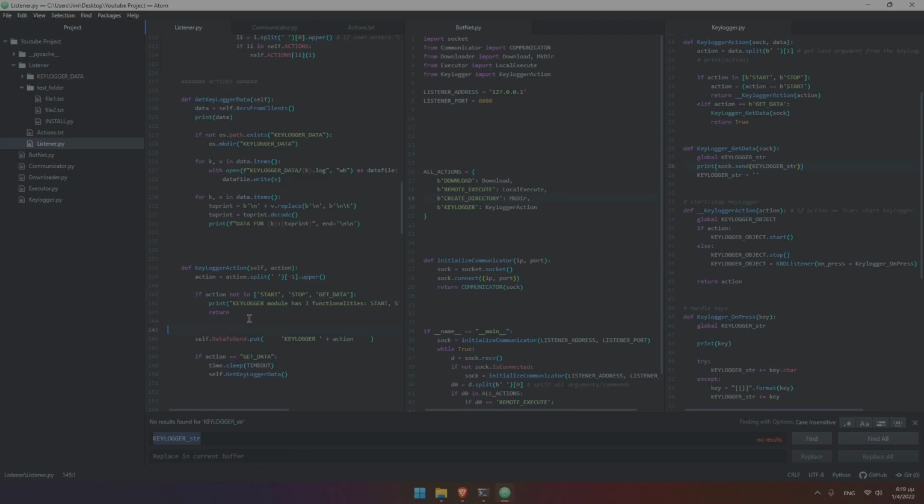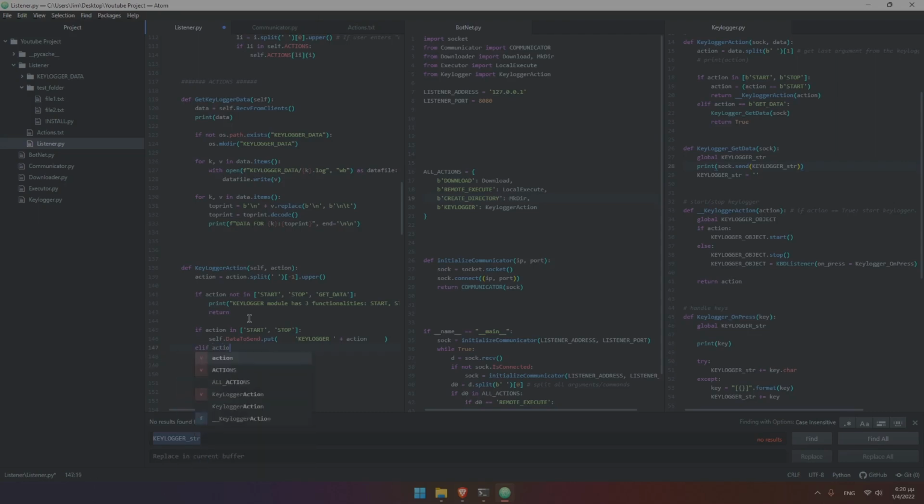We can do this if action in start, stop. We call this data to send put, and else, because if that's not the case,